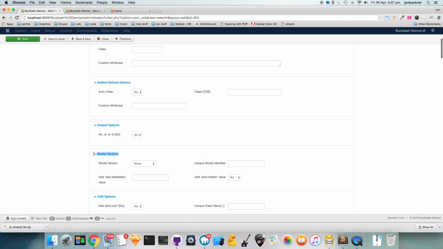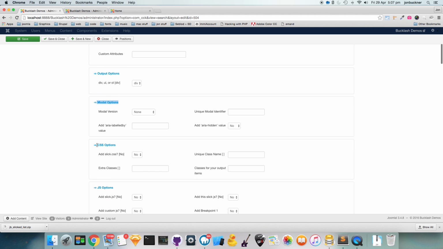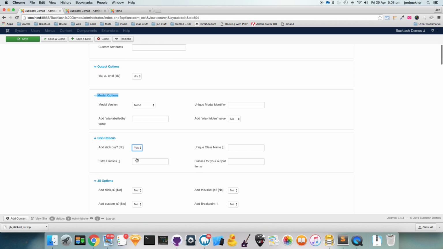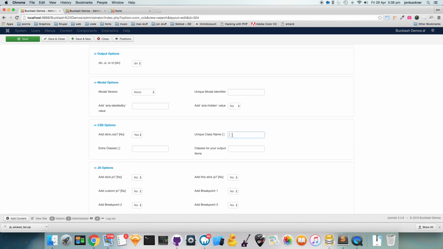Modal options, worry about that later. CSS options. Slick CSS needs to be applied somewhere on the page, so the template can do it if you want. This instance of slick needs a unique class, so I'm going to give this funky class as a class name. I do not prefix with a dot, just give the name. You can give this element extra classes, so